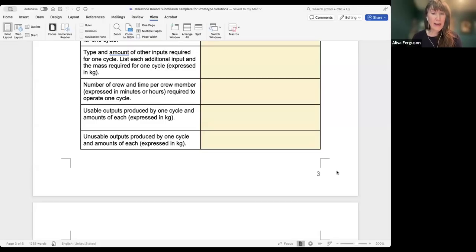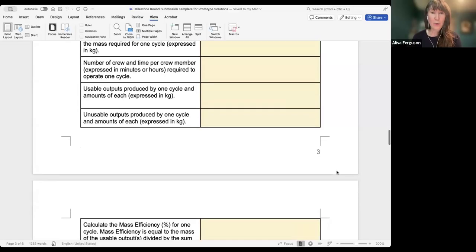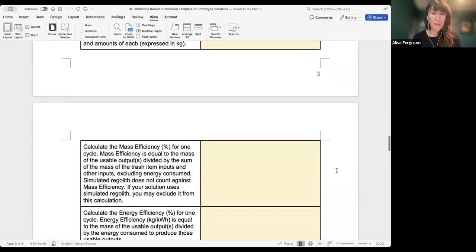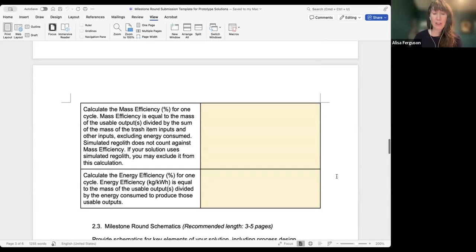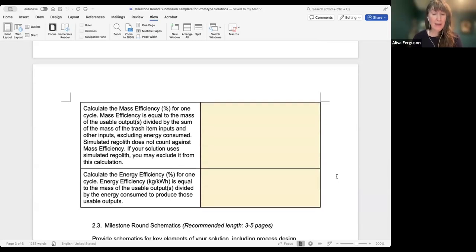Finally, we're asking you to calculate two metrics that are important for the challenge. The first is mass efficiency, which is equal to the mass of usable outputs divided by the mass of inputs, including trash items and other inputs, but excluding energy consumed. Please note also that if you're using simulated regolith in your solution, you may exclude the mass of that regolith